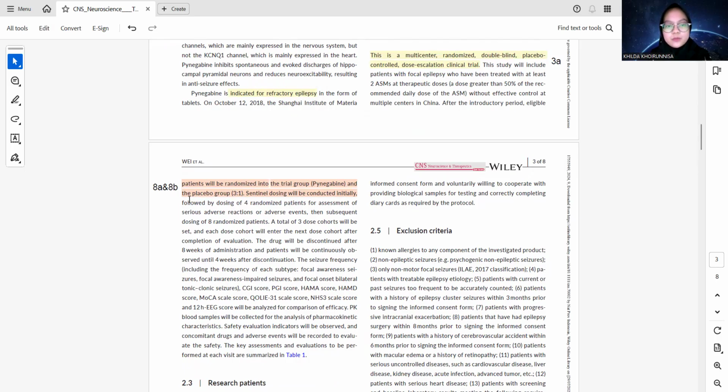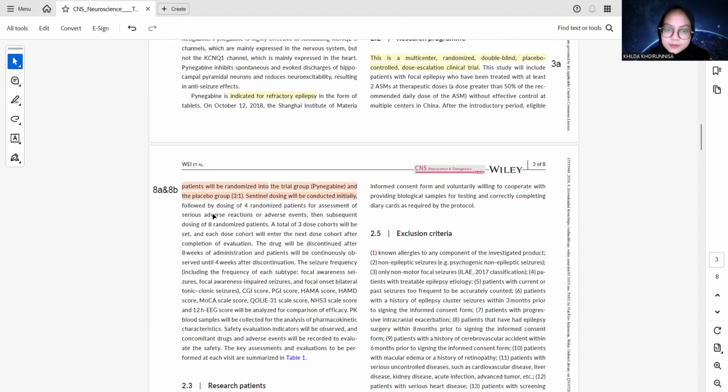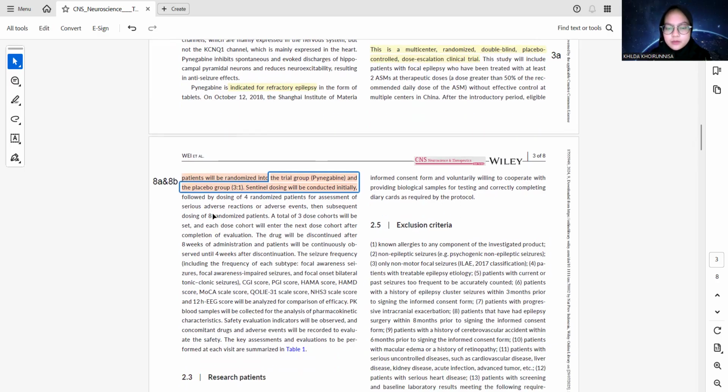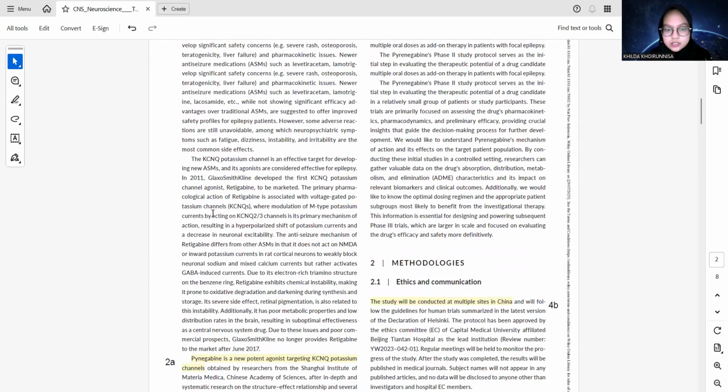The article says patients were randomized into the trial and placebo groups. Sentinel dosing will be conducted. Next, item 9, allocation concealment. This is not reported. Item 10, implementation, is also not described, a limitation for trial transparency.